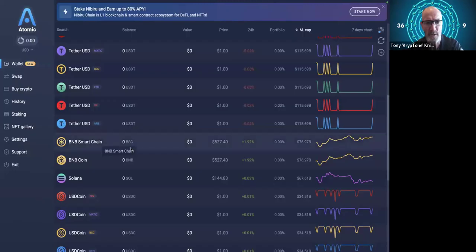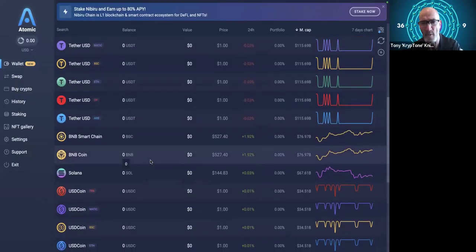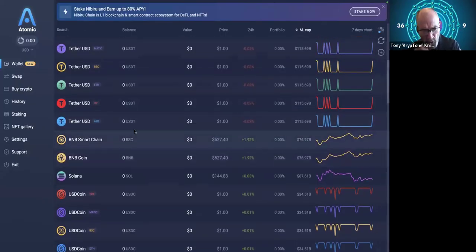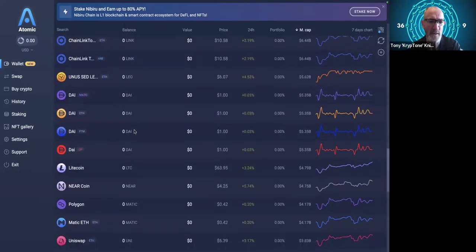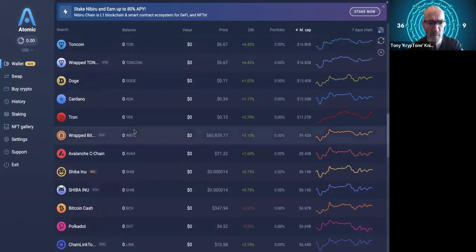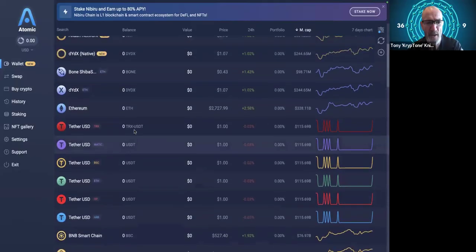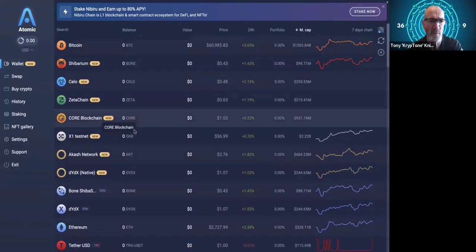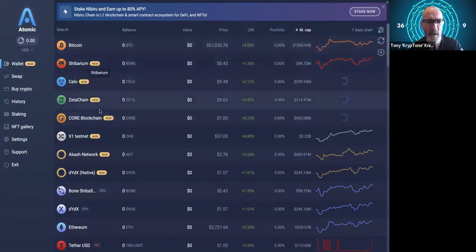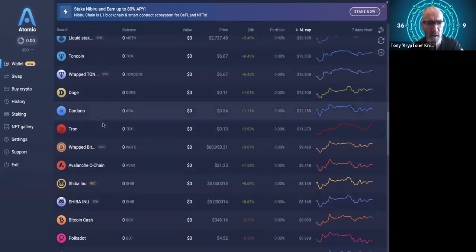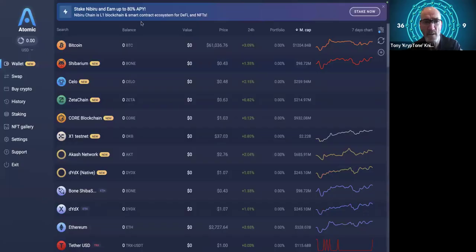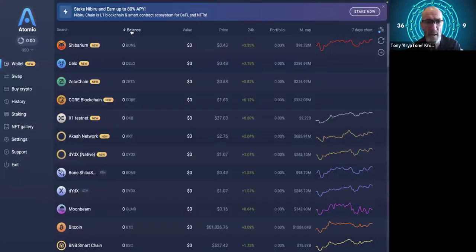So the first thing I would say, once you're in the Atomic Wallet, first we'll just do a bit of a tour. It's given us a default list of crypto. So it's got most of the ones that we would probably be interested in, maybe not all of them. So what you can do, I think, is by clicking this